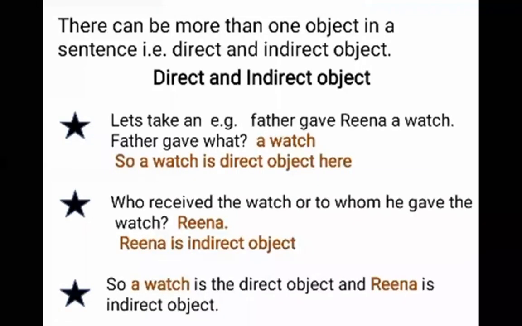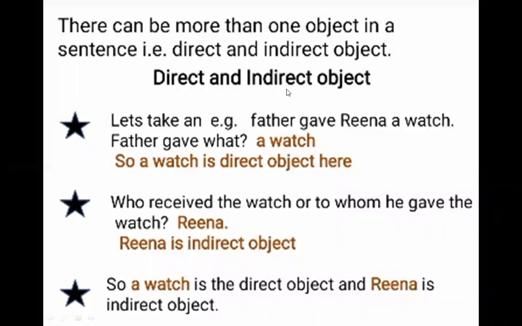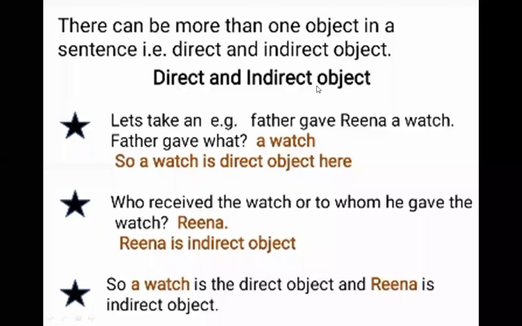It is direct and indirect object. You are well aware of this direct and indirect object. It is the objective case of noun. A noun can be a direct or an indirect object, and if you are asked to identify the direct and indirect object, then you will have more marks for grammar. This can be asked. It is part of your assessment.